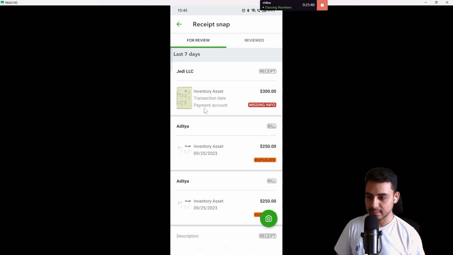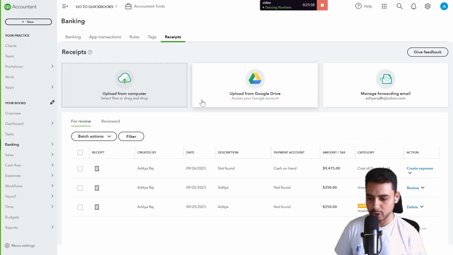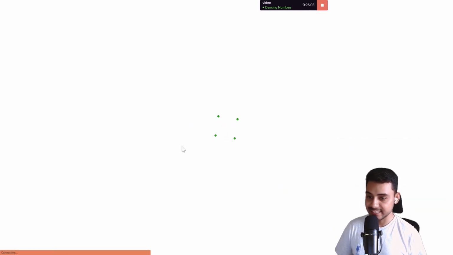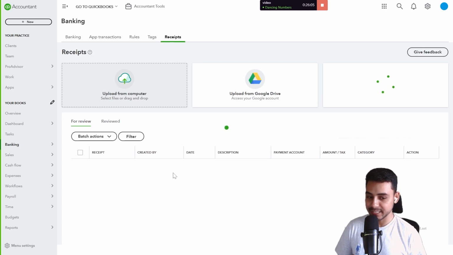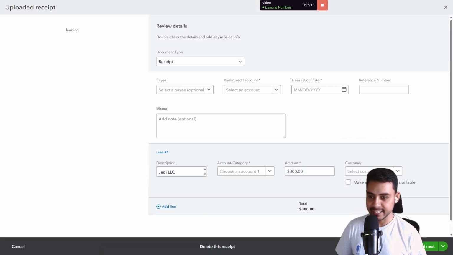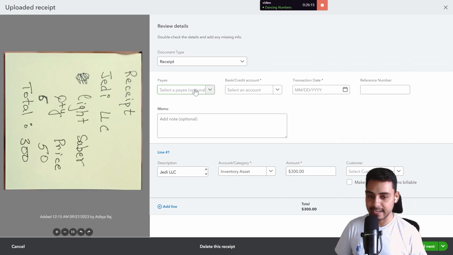I'll head back, and I can see there's still some missing info, but the information it has recognized is accurate. It has also recognized the correct vendor and also selected the correct category for the transaction. If I head over to QuickBooks Online and then reload the page on my desktop app, I can see that there's another document that has been uploaded, and this one is for $300, and I can review it. I can enter in all of the missing information,